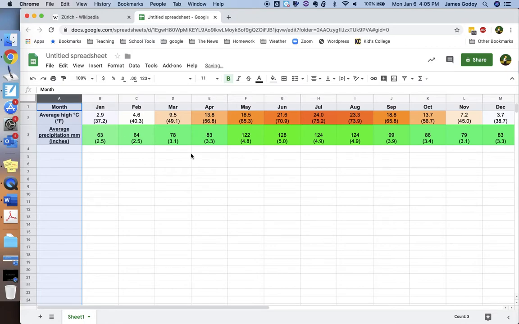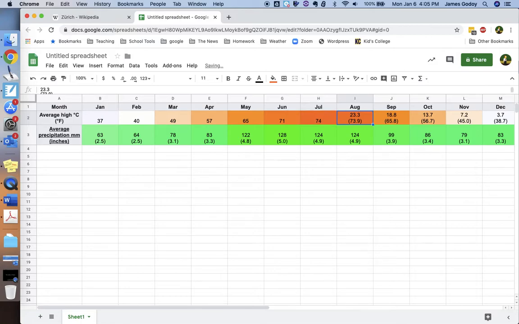Okay, so now I've got the data I need, which is nice. But it's in Celsius, and in the parentheses is Fahrenheit. So I just want Fahrenheit. So I'm just going to go through and copy these. So 37.2, and I'm just going to estimate. It really doesn't matter how close I am. 40, 49, 57, 65, 71,